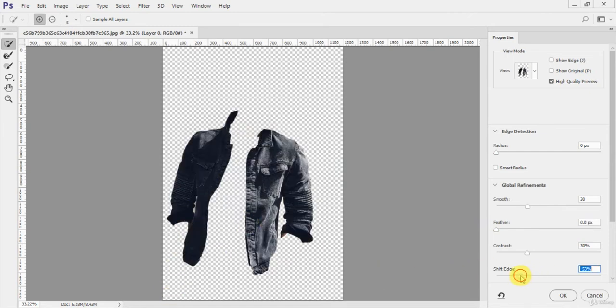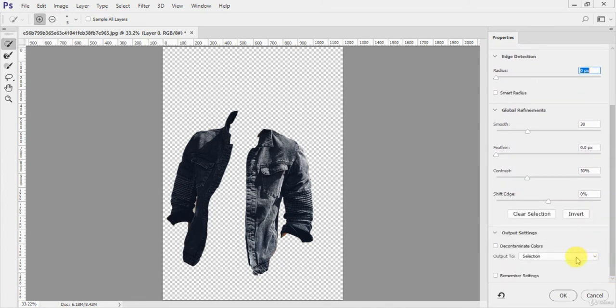Or you can do the shift edges, then it will shift your edges to the inside and the outside. Okay, so just like this you can shift the edges. In this case I will not shift my edges, and radius is of course 0 pixels because I only want to cover my edges. Okay, so this looks like the perfect selection, and now I'm gonna output this to the new layer,